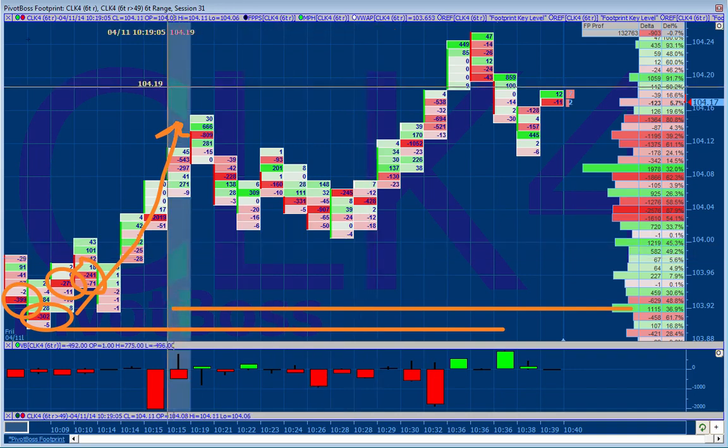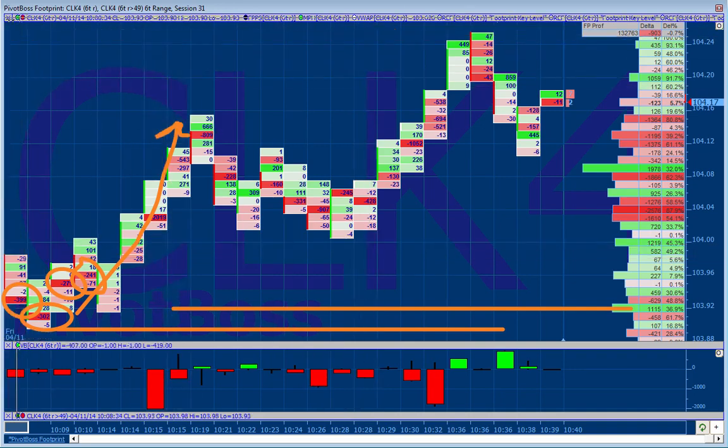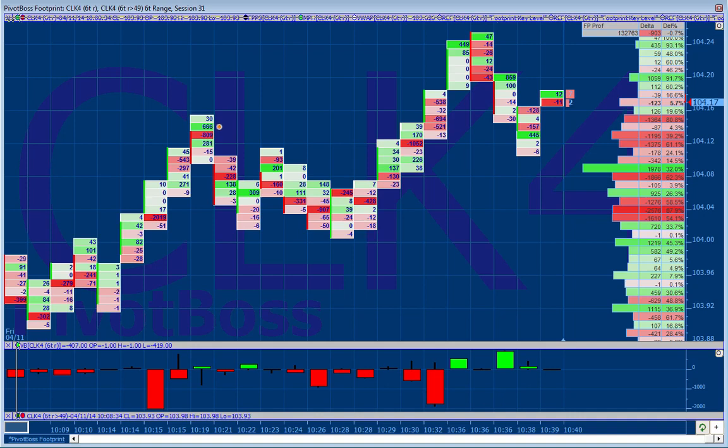Okay? Now, one thing to keep in mind about this is that when price comes back, because look at this buy imbalance that comes in right here. You see that one? 666 contract buy imbalance. Which way does price go? It goes offered. Remember, this is an uptrend though. But you can see right here, big buy imbalance, then a big sell imbalance right after it, and price rolls down.